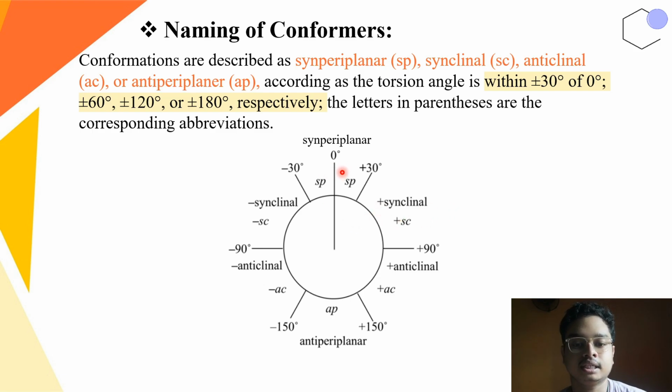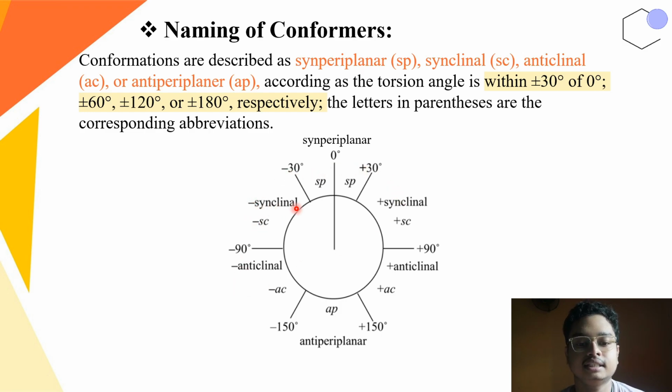If it rotates in a clockwise manner, it is called plus synclinal or plus SC. Whereas if it rotates in an anti-clockwise manner and stays within this angle range, it is called minus SC,